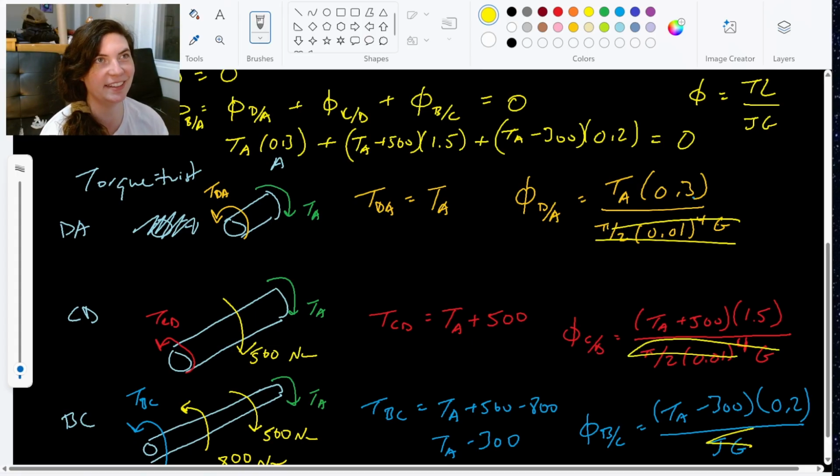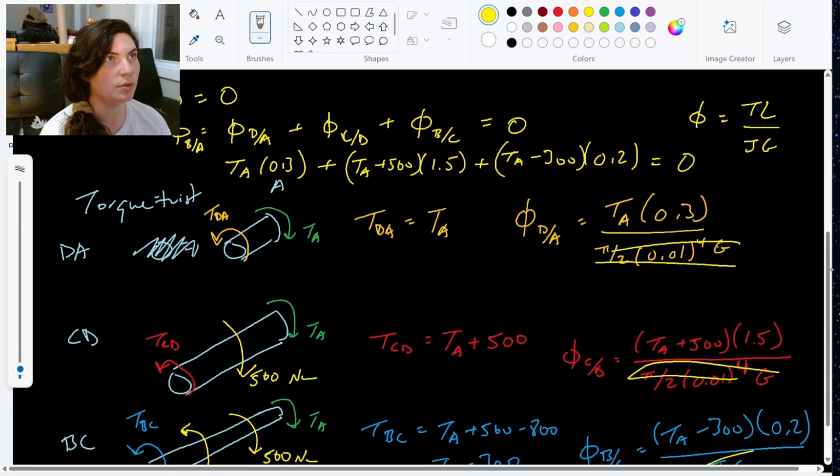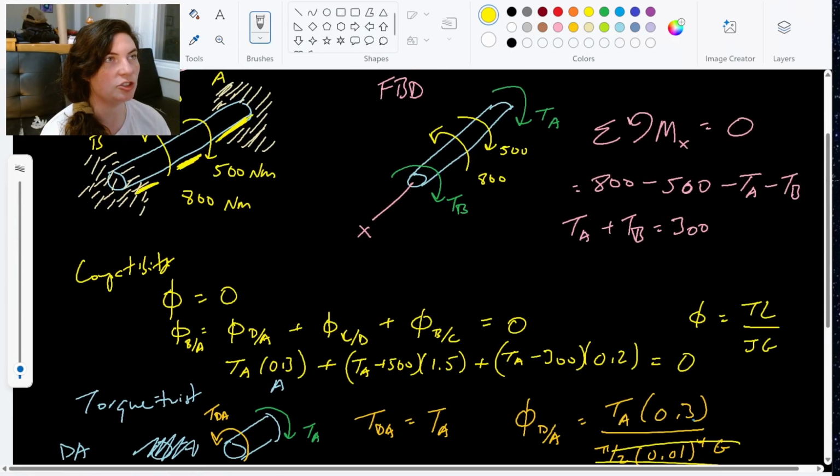So that's fine that we put it in, but it's great that we didn't really need it because we did not have a G. So now we can see that just with this compatibility equation, we can go ahead and solve for TA. So I can pop all of that into my calculator to solve for TA, and we get that TA is